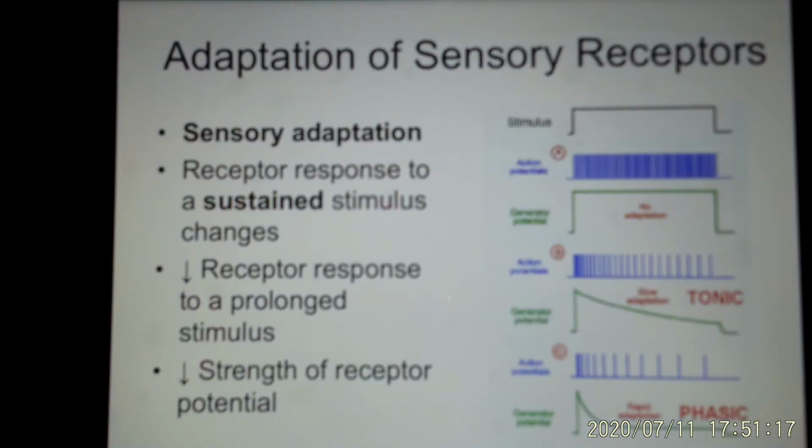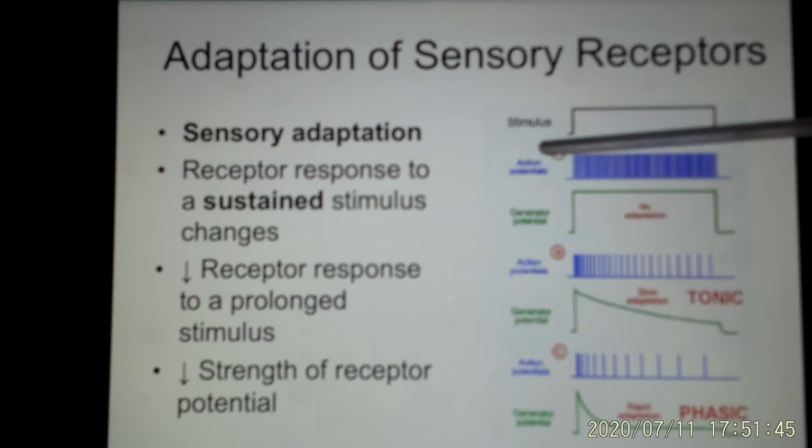And a very interesting characteristic of the sensory cells is they adapt. Like you go to a room, you smell something, after about 30 seconds to 1 minute, you don't smell it. And the reason is not that the physical stimulus is not there. The olfactory stimulus is still there. And the reason is the receptors adapt. Adaptation means you provide the stimulus,